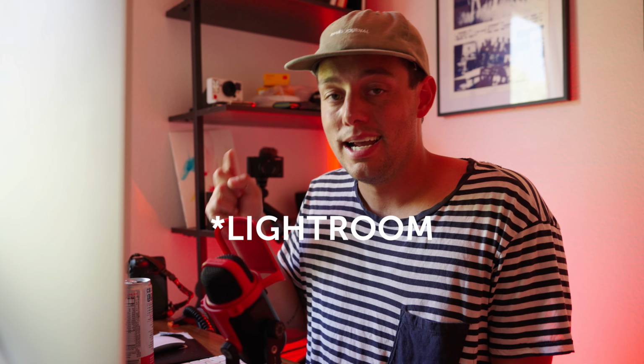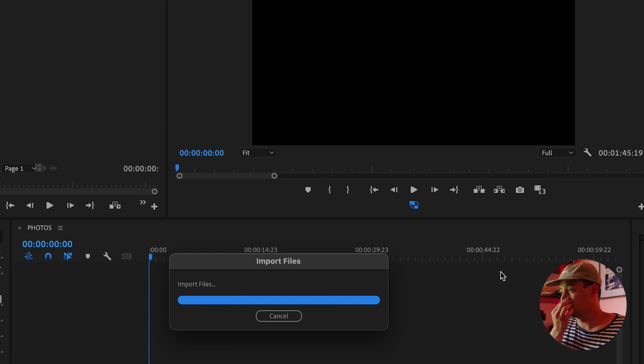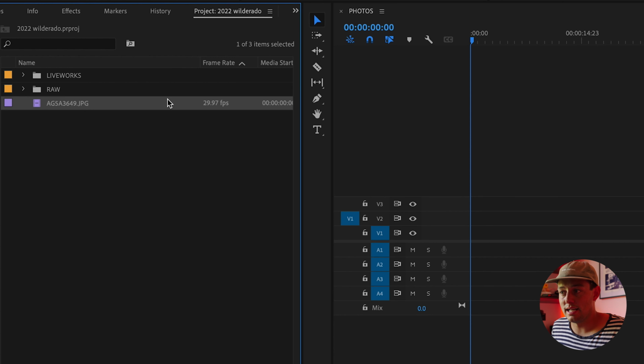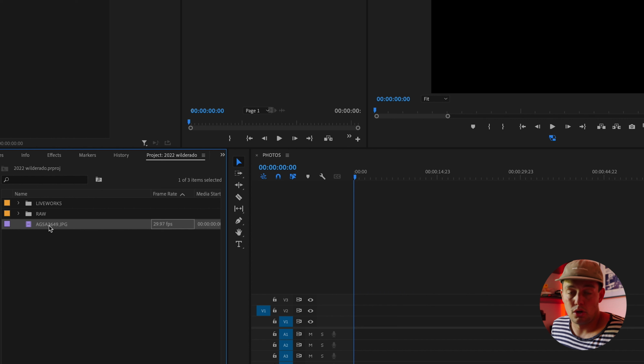So if you shoot RAW, that's great, but you'll need to put them into Premiere and then export, and just make sure when you export, you basically have a file name and then a sequence attached to it, which I'll show you here in a second. So I'm gonna hit import. It imports the files, and now you can see here, it's just called the first photo. You could rename this to,